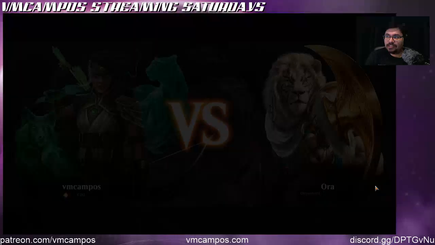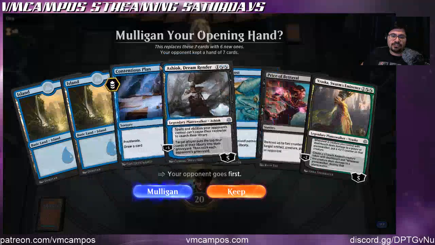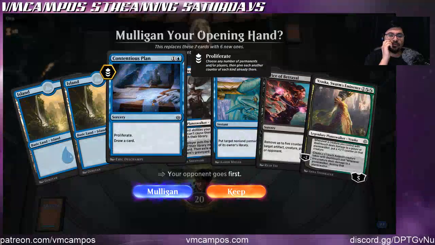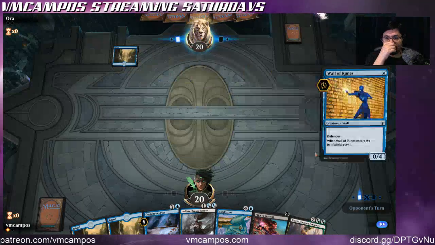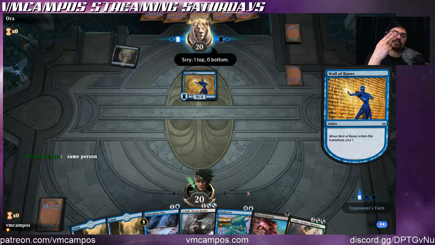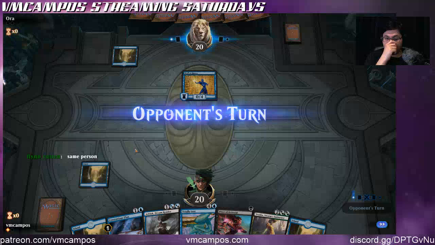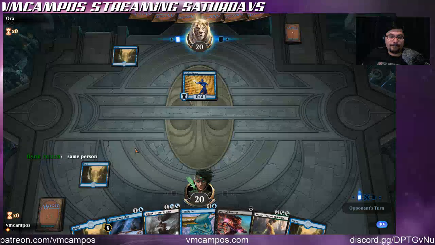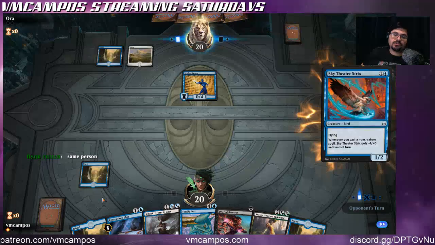Will I have that same luck? I get to go first. All I need is one more land. Oh, actually, they go first. They got their wall. Yeah, it's the same person. It's a best of 3 on this traditional draft. Okay, I'm going to be able to get Ashiok. And they have a wall, so...